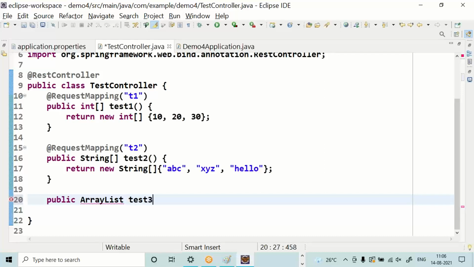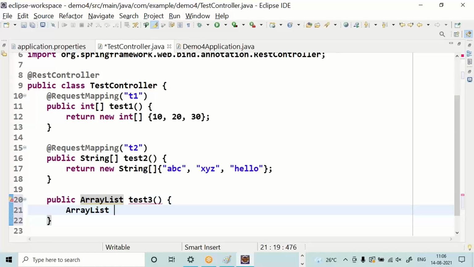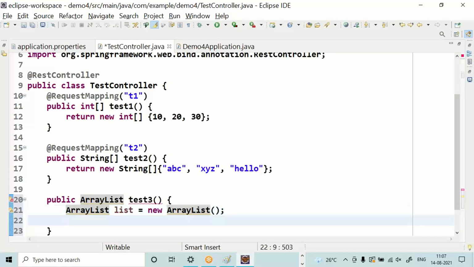Come to the test3. Define array list object. Store any number of elements. It's a collection object. It is used for storing multiple elements.